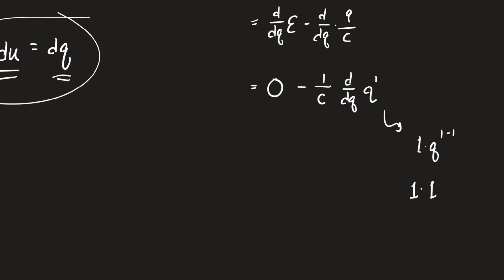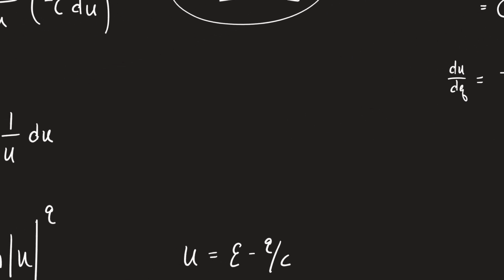Good enough? So that's why this became negative 1 over C, and that equals dU/dq. That's where it came from, for those of you who don't know that. Getting back to the algebra,